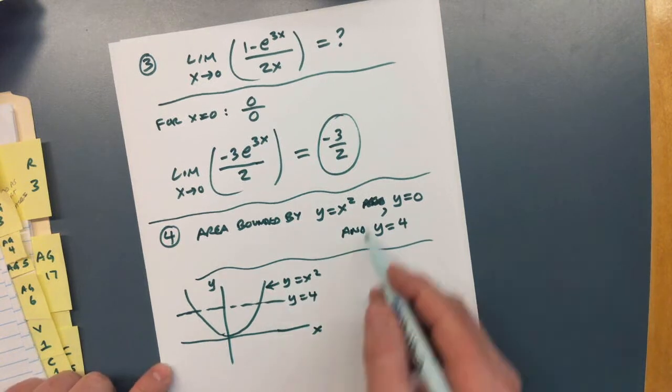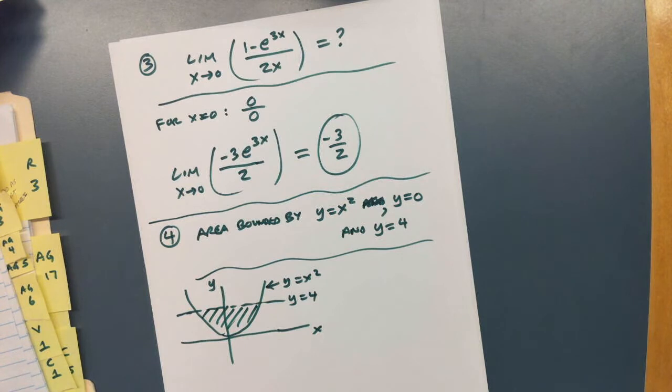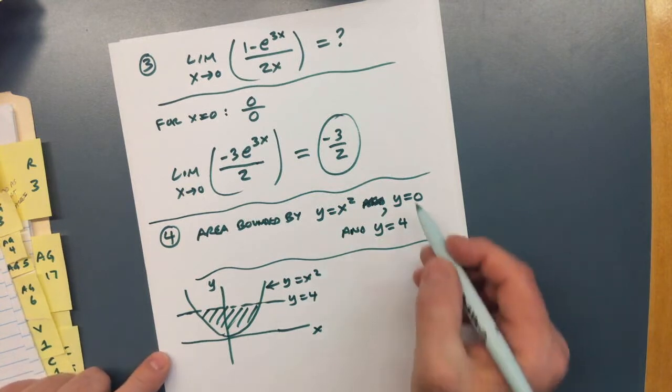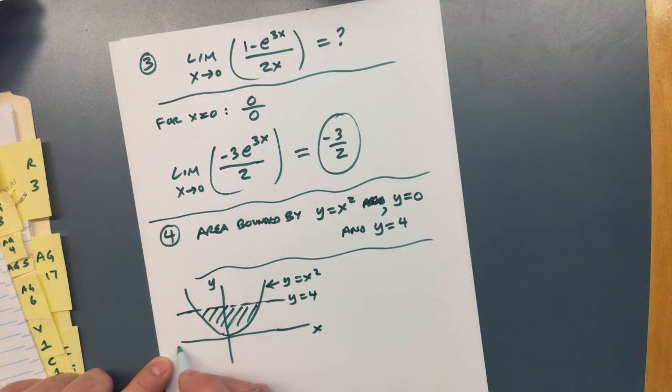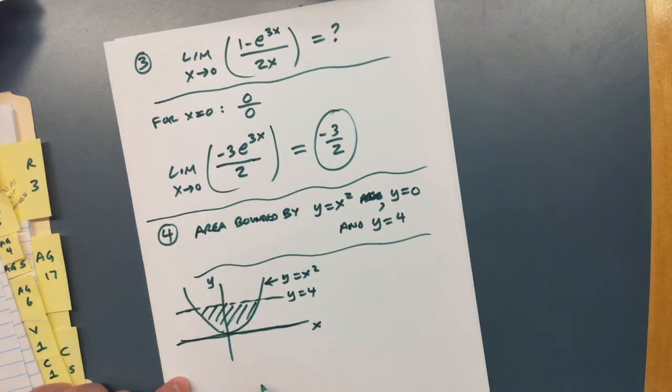And I guess what this is trying to say is it's the area under here rather than the area above that curve. I guess that's what specifying the y equals 0, which is the x-axis, is for. So it's that area, and